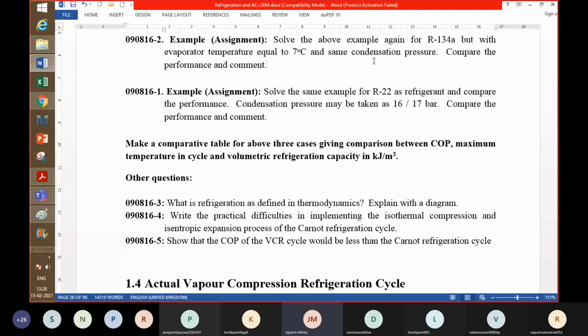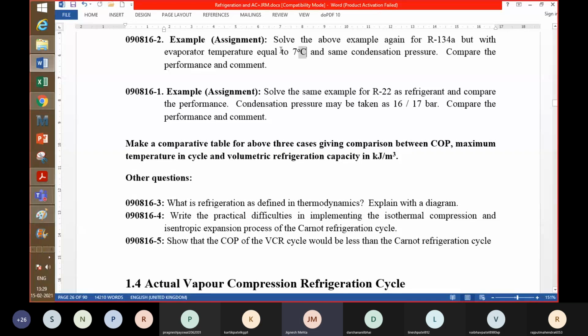Those parameters, one of the most important is the COP, then the cooling rate that you get for the same flow rate of refrigerant, let's say. Then what is the outlet condition from the throttling device, the dryness fraction. Okay. So these kinds of parameters we can find for the evaporator temperature equal to 7 degree Celsius, right?